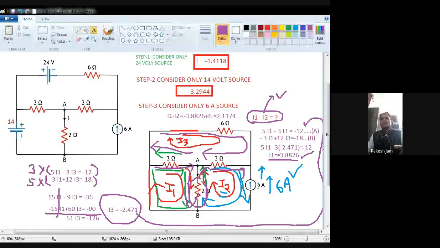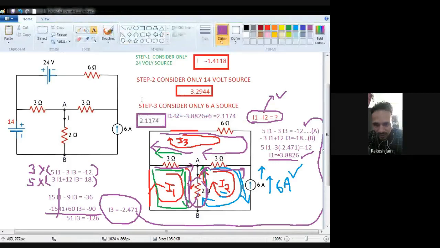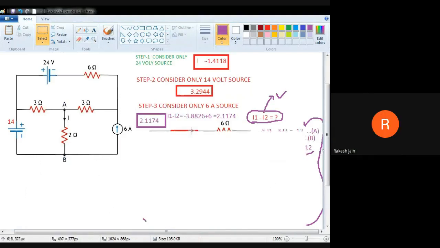Now A and B are used to find the value of I1, so that I can find the current through this 2 ohm. In this third step, the current for the one is I2, so the answer is I1 minus I2. So to find I1 minus I2, I solve all these steps. I already found I2 as minus 6, now I find I1. I solve these two equations A and B. To solve these two equations, I create some space, so I remove this calculation from the left hand side.